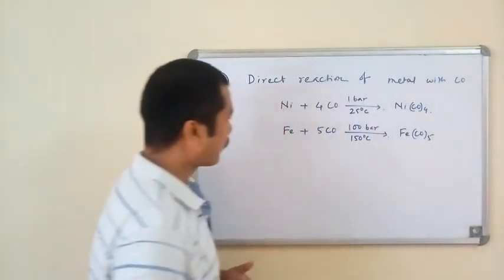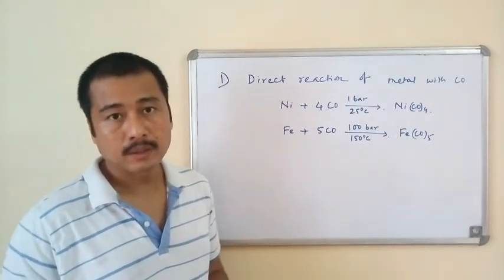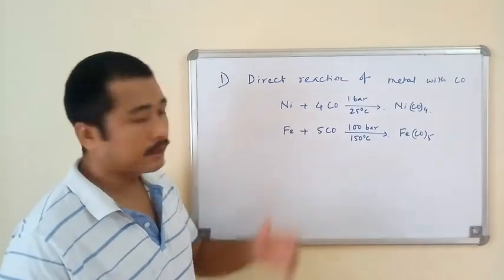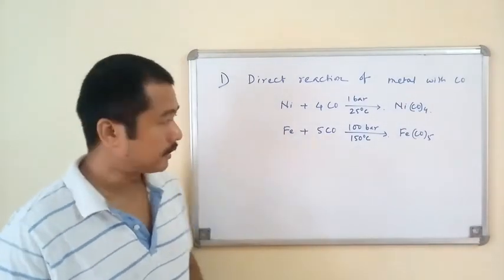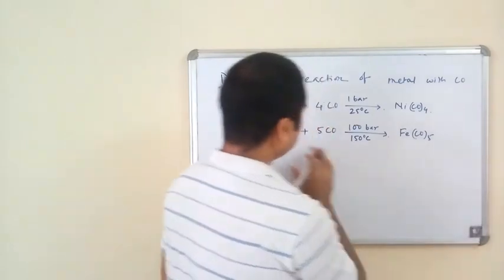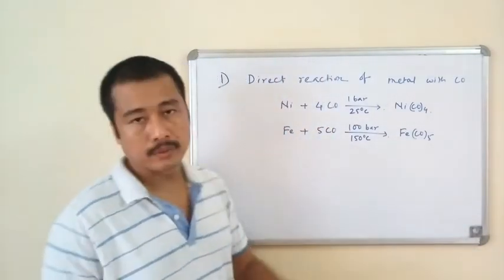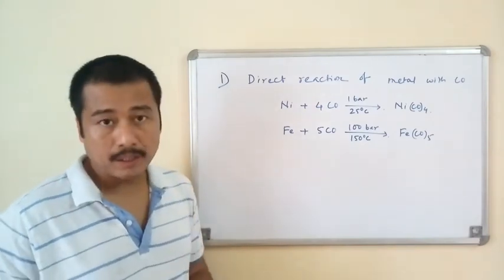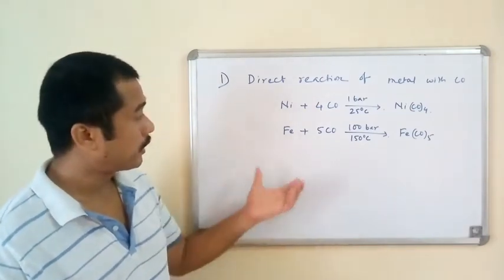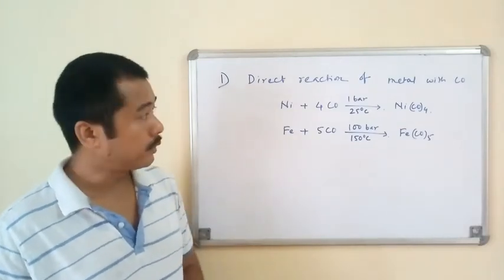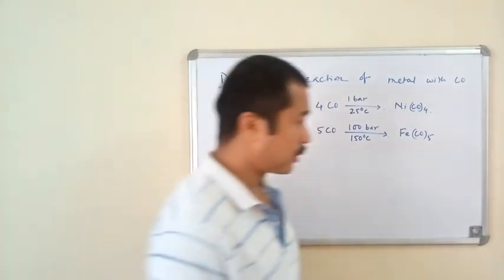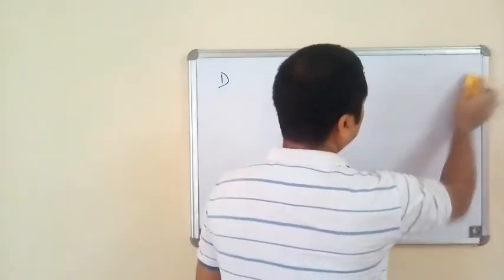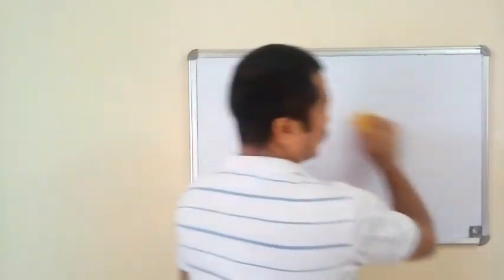Of course, if you take pure iron powder, then it will react with carbon monoxide at room temperature and at 1 bar pressure like nickel does. So anyway, iron pentacarbonyl can be obtained from iron powder by following these conditions. So these are some of the metal carbonyl complexes that can be prepared by direct reaction of metal with carbon monoxide. We will now go and see the second method of preparation of metal carbonyl complexes, which is